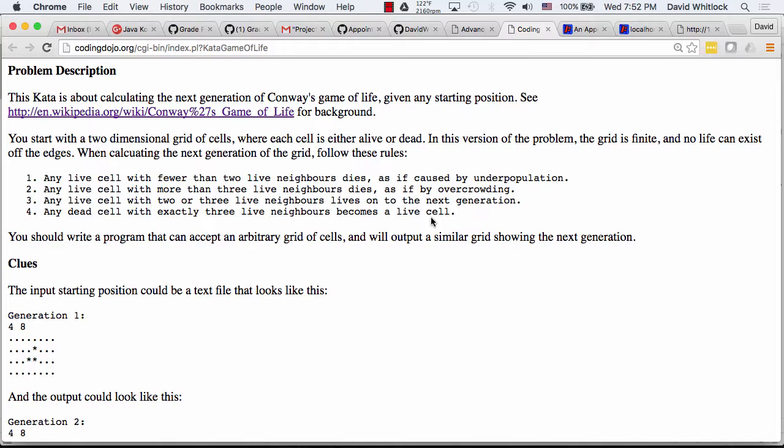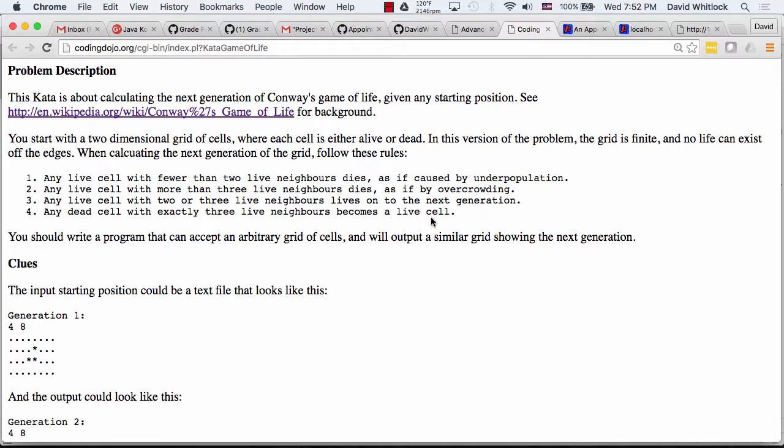This final kata will start tonight, and I don't expect people to get through it tonight. I don't know what we're doing next week, but we'll start it tonight and then finish it off next week. This kata implements Conway's Game of Life. Have you guys ever heard of this? It's a sort of well-known